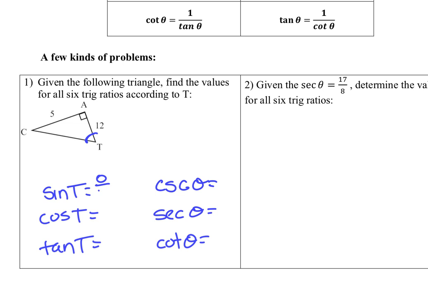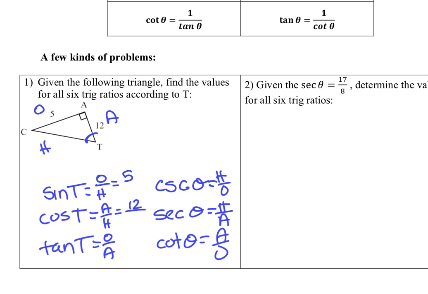So if I write opposite over hypotenuse, adjacent over hypotenuse, opposite over adjacent, when I come over to this one, it's just flipping that. There's nothing really to remember. I just have to remember which ones are the reciprocals, and then I can just flip them. Okay, so to do this problem, we have the opposite, we have the adjacent, we don't have the hypotenuse. So we can fill in all of the spots except for